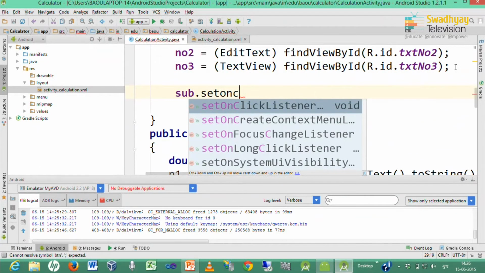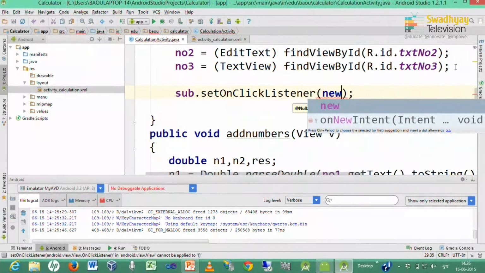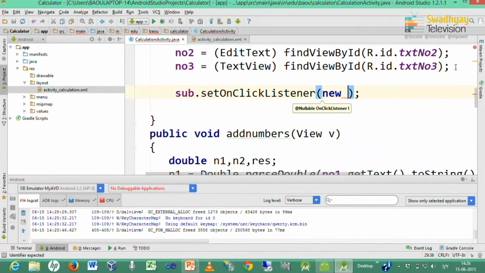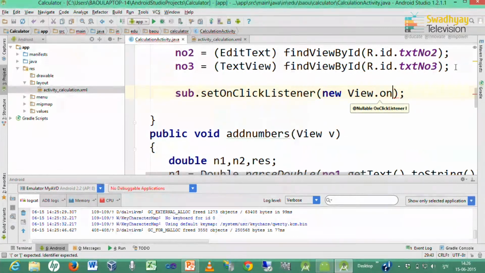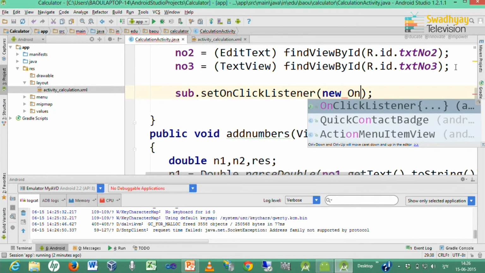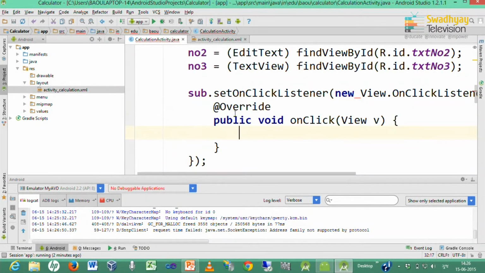We learned about listener in last lecture, that these listeners are used to handle click event. So, inside that we write down new view dot on click listener, and it will write down code for you.